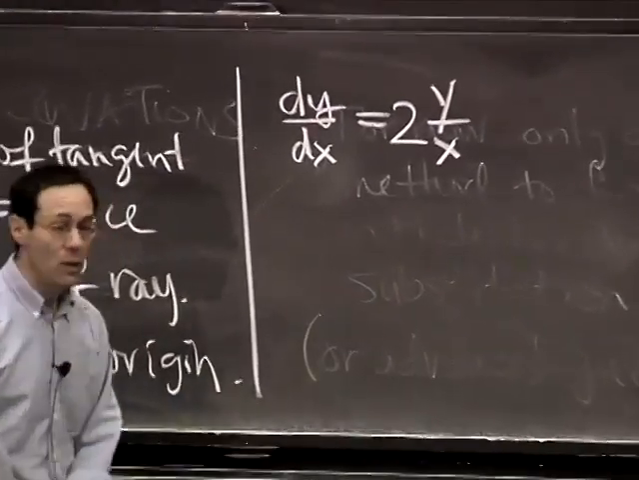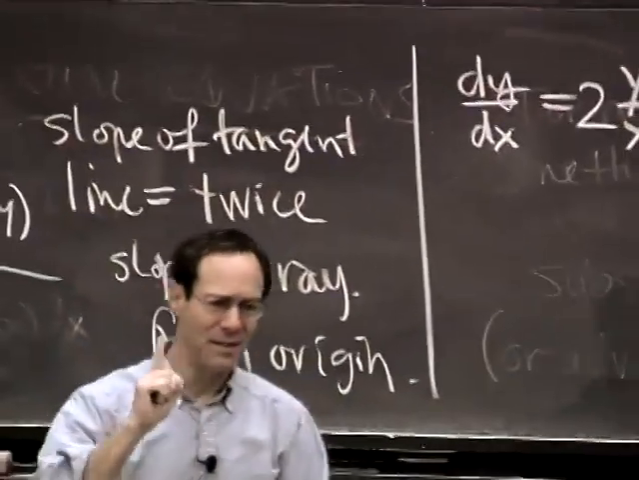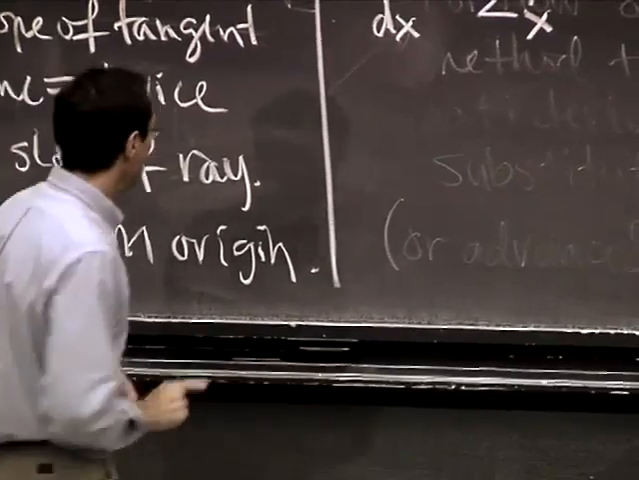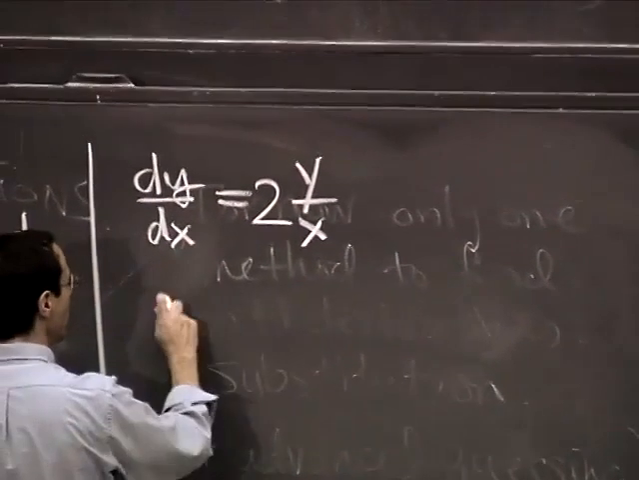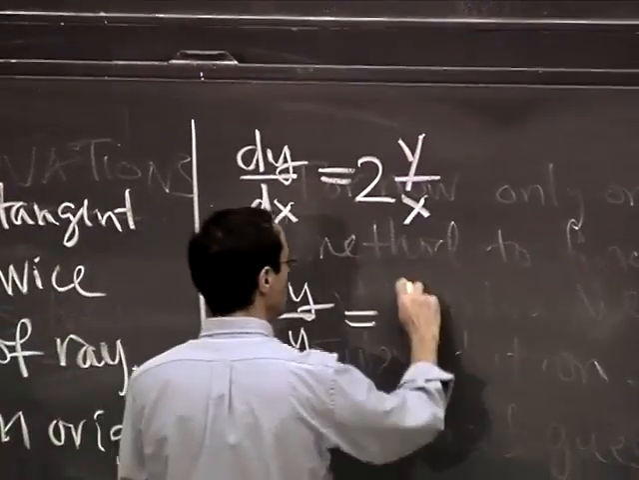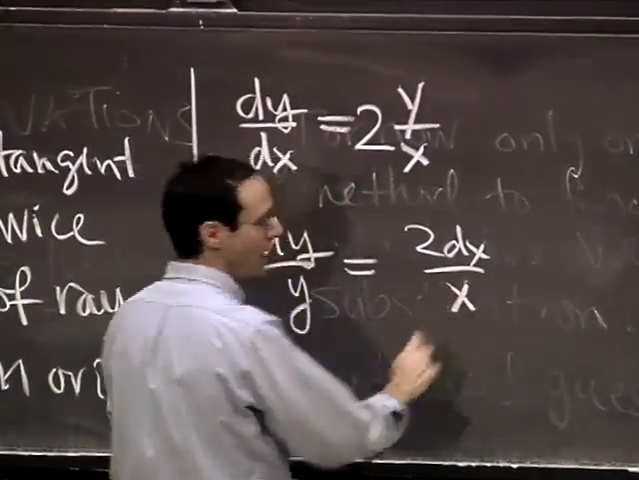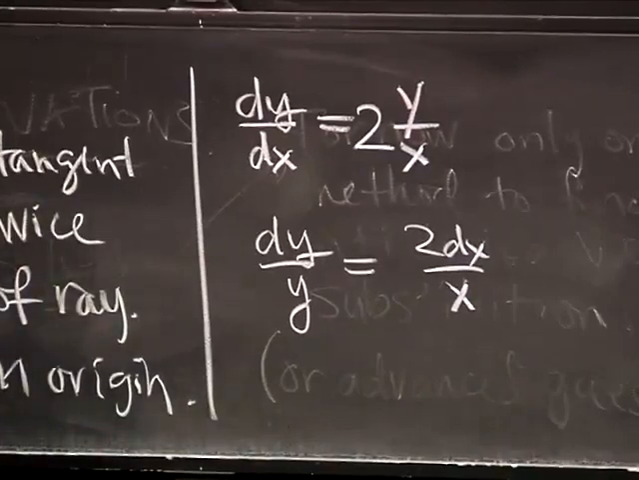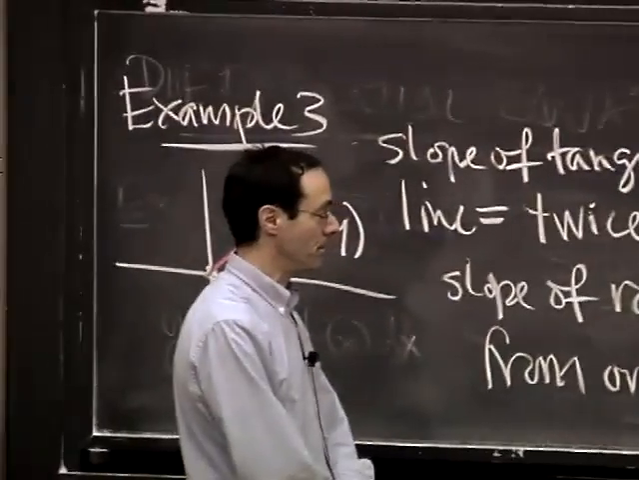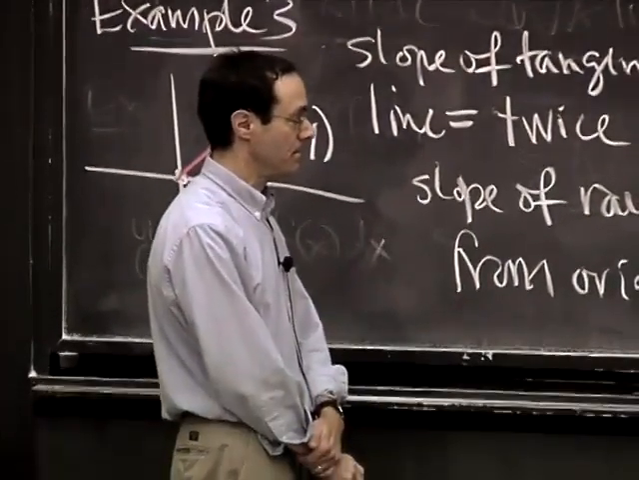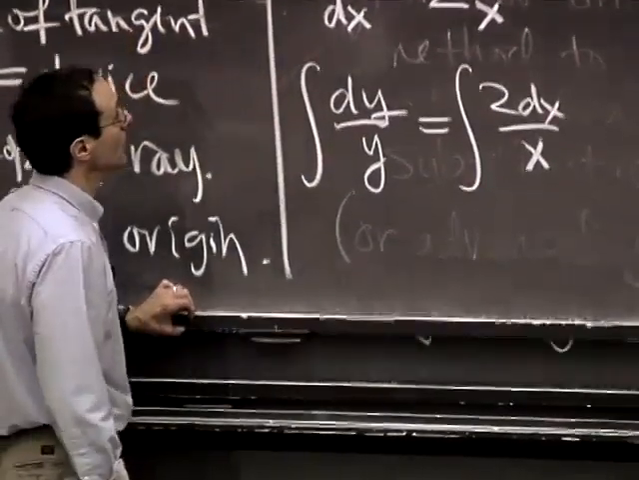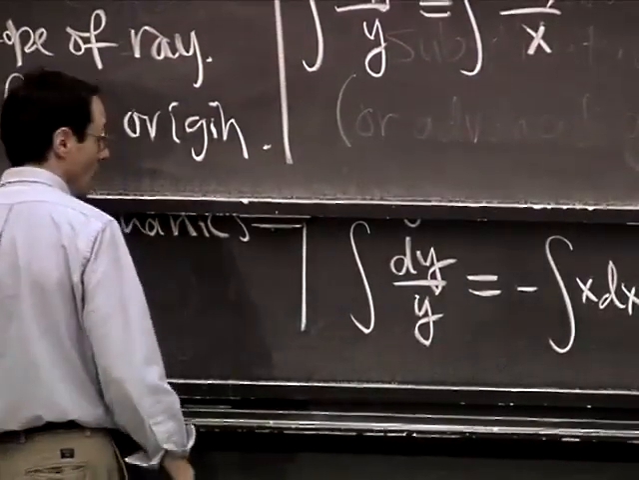Now, we only have one method for solving these equations, so let's use it. It says to separate variables. So I write dy divided by y is equal to 2 dx divided by x. That's the basic separation. That's the procedure that we're always going to use. And now if I integrate that, I find that